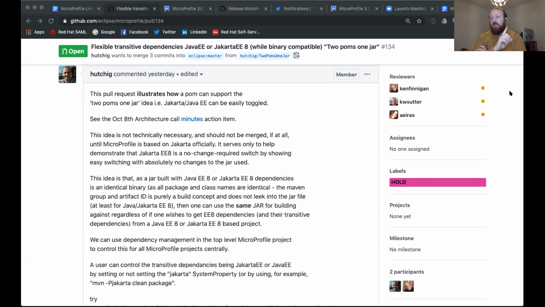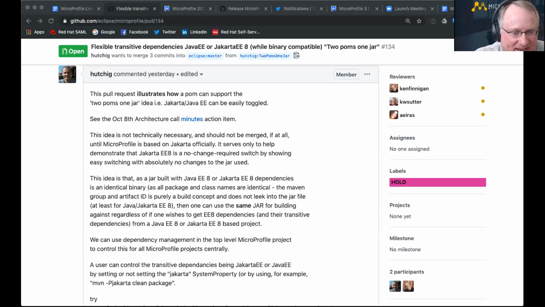Sorry, just one little thing on this. I did post a little thing in the forum which allows you to override the Jakarta EE with the Java EE. You can disable transitive dependencies and add in your own as a swap out mechanism. I put that in the forum, but sorry, carry on. All right. Actually, we did a pretty good job self-moderating. I didn't have to lay down the law on that one. I joined at a great time.